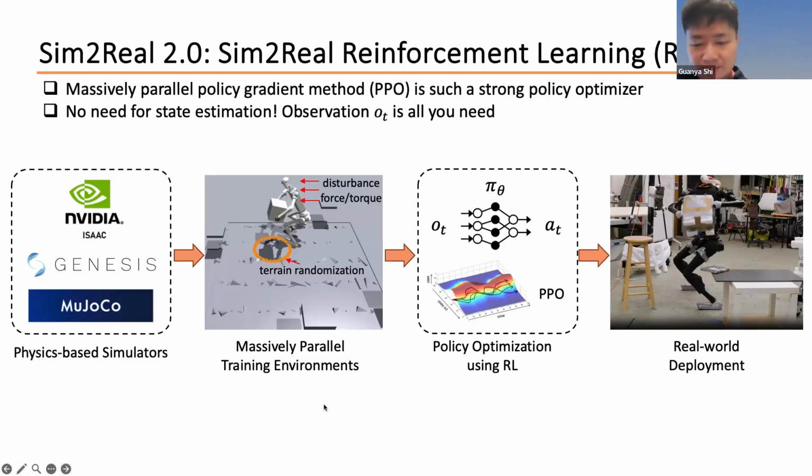It's been so successful in the last 5 years really because the massively parallel policy gradient method is such a strong policy optimizer that can solve very complex optimal control problems offline. And another reason a lot of people haven't realized is there's no need for